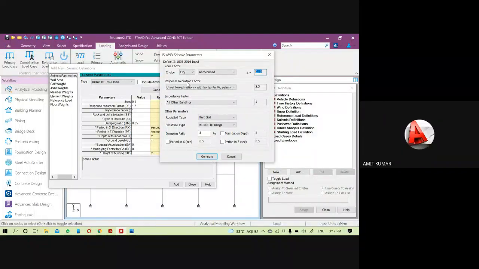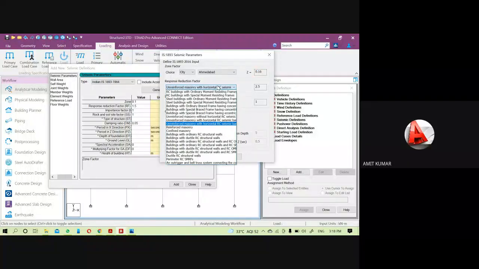It is also known as RF, that is the response reduction factor. The value of the RF will depend upon the type of structure. Like if it is a steel structure, or it is an RC concrete structure, according to that there will be a different RF value.